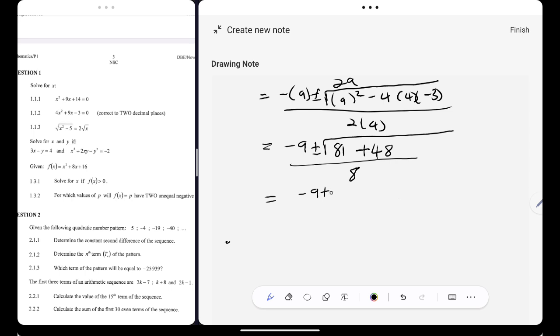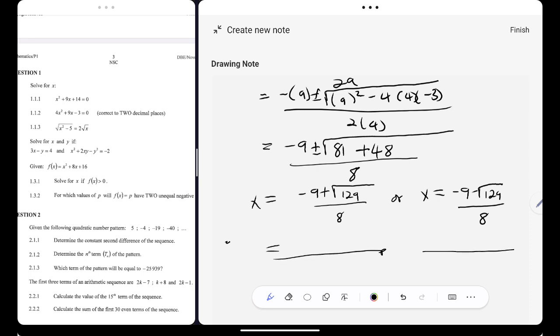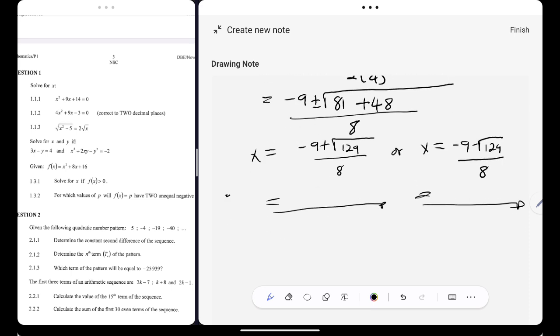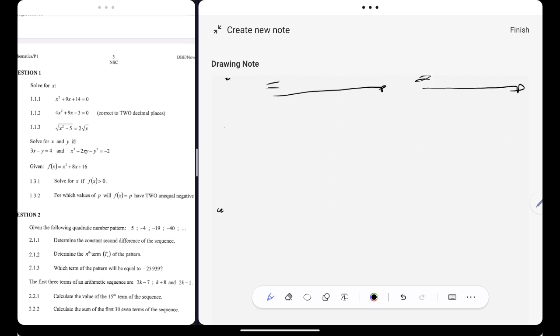Minus 9 plus the square root of 129 over 8, or x is equal to minus 9 minus the square root of 129 over 8. Please punch these two answers onto your calculator, and then you must round off your answer into 2 decimal places. Are you together? So for 1.1.3,